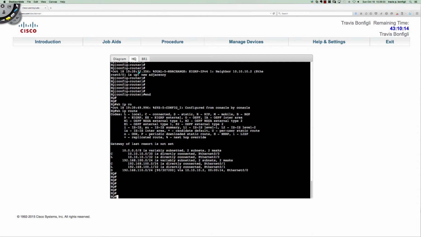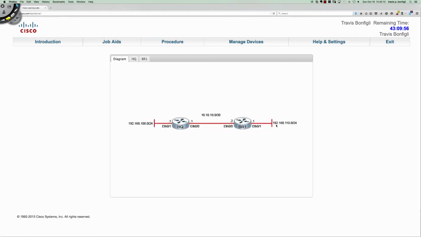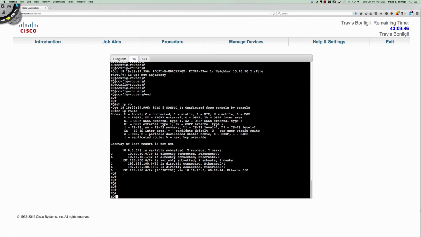And when we look here, we can see that we're picking up a route with 192.168.110.0/24 from the successor 10.10.10.2. Where are we learning that information from? What is that 192.168.110? It is this network right here behind the branch router. 192.168.110. Let's reinvestigate. Yep,